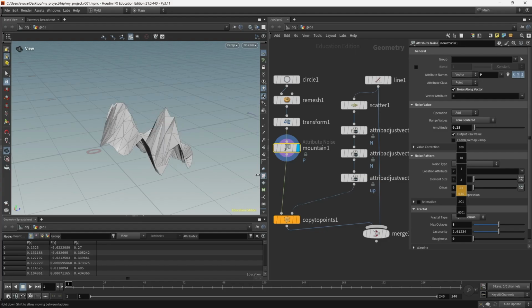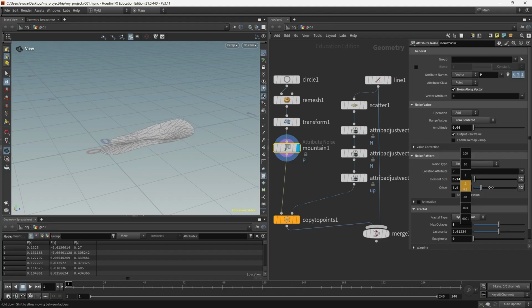Maybe something like this. And then let's take down the amplitude as well. Something like this. Maybe we can take the element size up a little bit. Try different offsets. And then maybe add a little bit of roughness back.